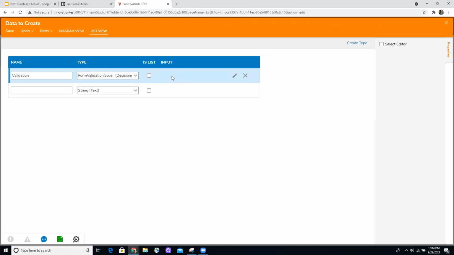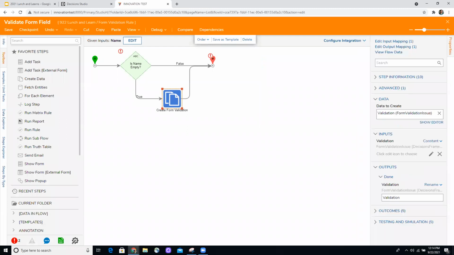Form validation issue. Okay. And that should be it. Save that.